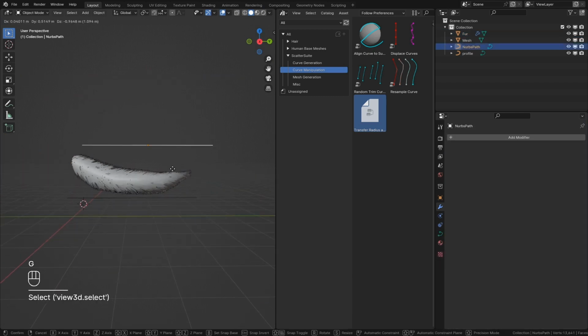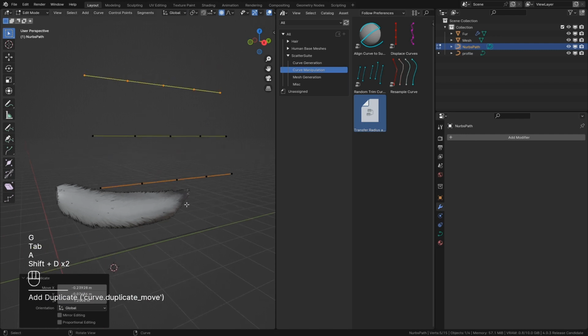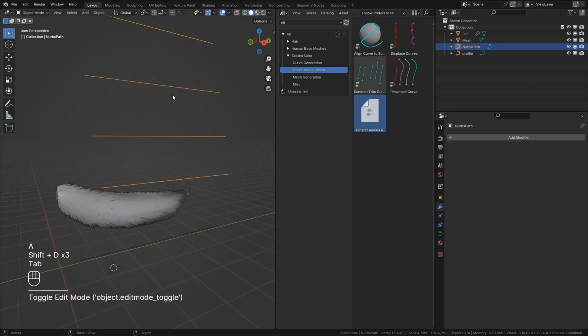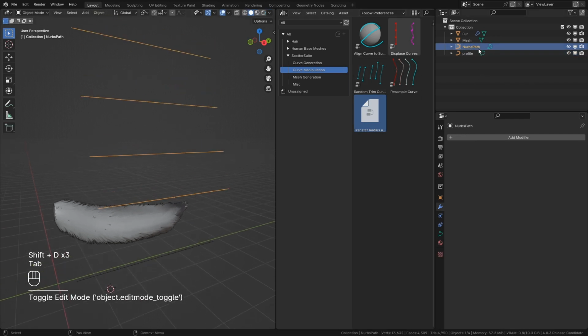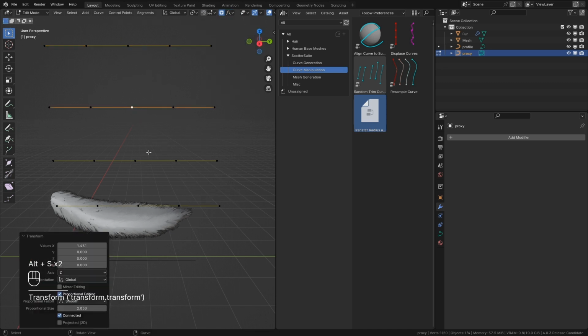You can even have some degree of randomness to it by creating multiple curve objects within this singular curve object. Let's call this proxy so it doesn't get confusing. And by adjusting the radius of these individual curves,